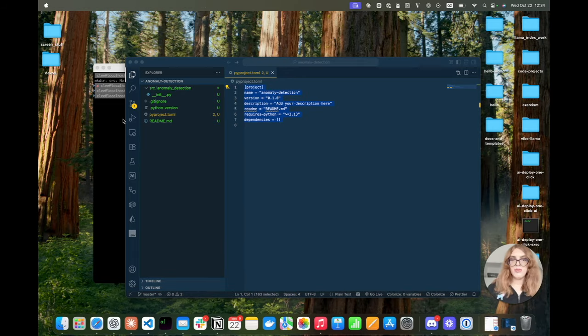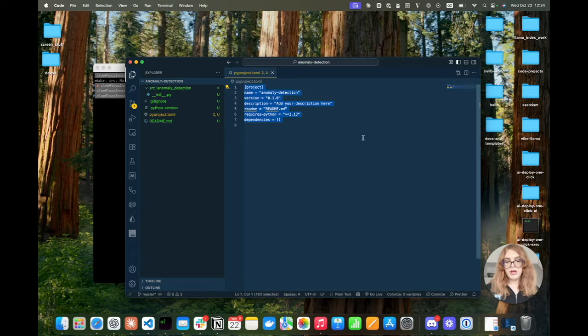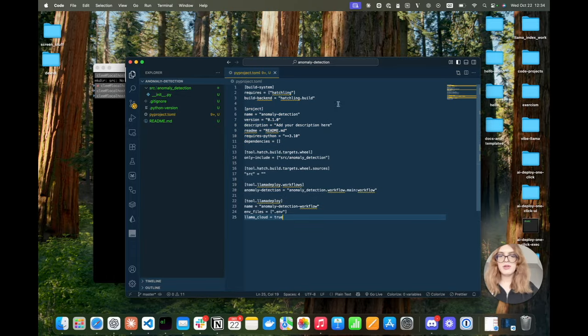And so what we're going to do is add some details, as for example the build backend, which is not that much of an interest to us, and we're going to add actually the reference to our workflow, to what we will build as a workflow for our deployment. So basically we will say that the workflow will be placed under anomaly_detection.workflow.main